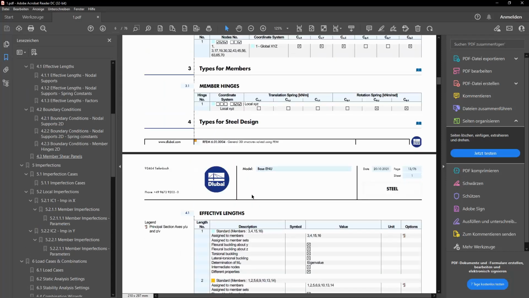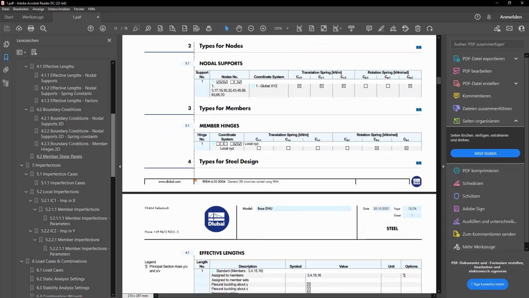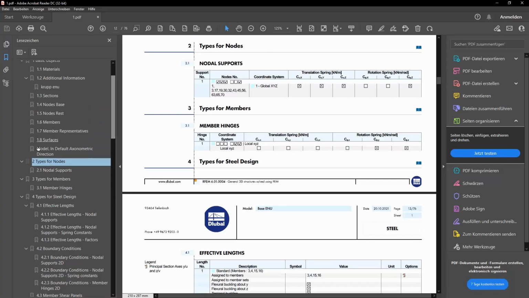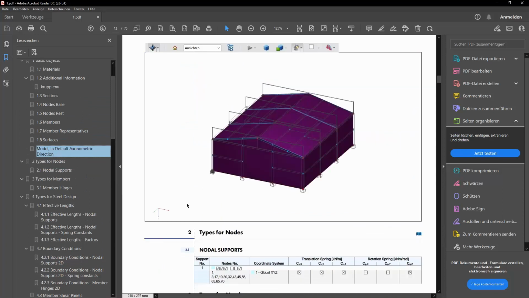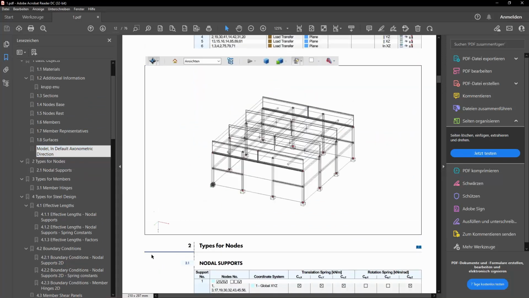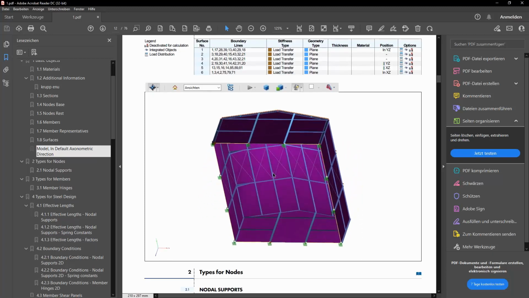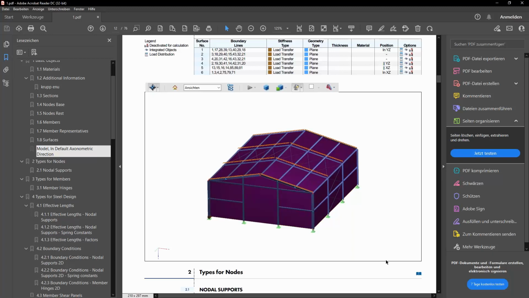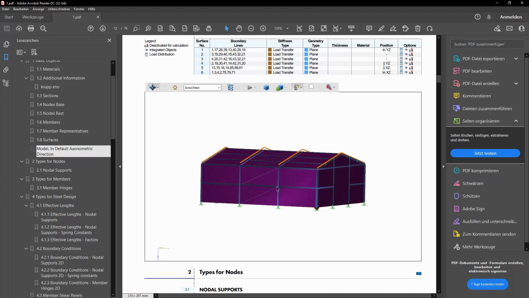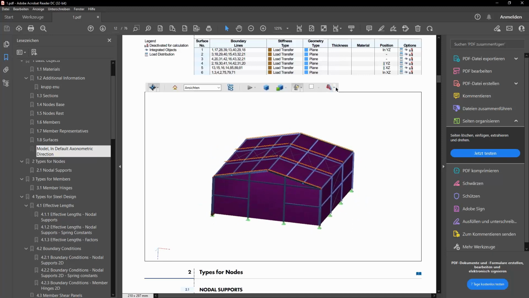So I have to think a little bit about, moment, this was not my fault. It's above the model in the axis. So this is now one picture in the report, and if you remember, we printed it with a 3D option, and this gives your client or you the option to take a look below the model. And you can imagine you can print pictures with results or whatever into this report and give your user or client the option to watch it in detail, to turn around, or to use a section.